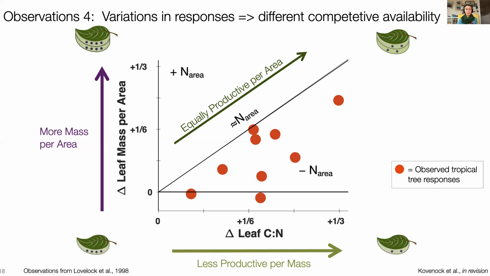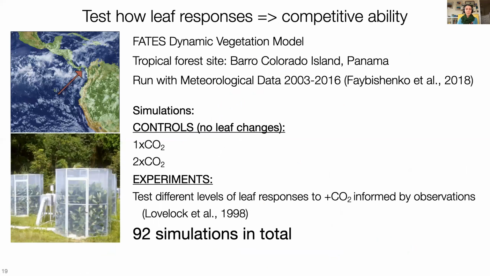And we're going to use a simulation model to look at that competitive advantage they might have. So we'd like to test how these leaf responses change the competitive ability of different plants. And we'll do this using the FATES dynamic vegetation model, or the functionally assembled terrestrial ecosystem simulator. This is a land surface model that represents competition between plant types for resources, including light and water. We'll use this simulation at a tropical forest site in Panama, Barro Colorado Island, using the meteorological data observed at